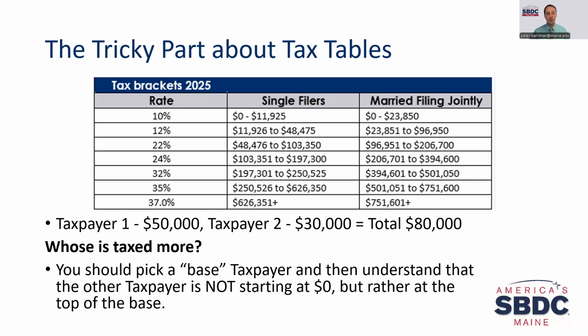Well, I usually tell people when you have a double income situation, one is going to be the base payer. One's going to start at the 10% rate. One's going to start at zero and go up. And then you have to add that 30,000, let's say, if 50,000 was the first one. Just understand that that first dollar that $30,000 taxpayer made does not start at 10%, doesn't start at zero. That 30,000 is going to start at 12% and go up from there, right? Or 22% actually here if there's 50,000 first. So you're taking all the income and going through that tax bracket, right? So you're not starting at zero for double income.